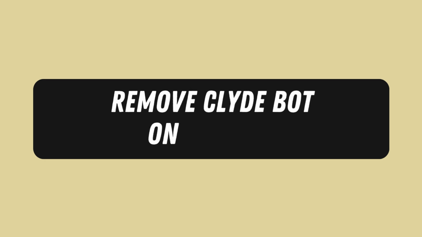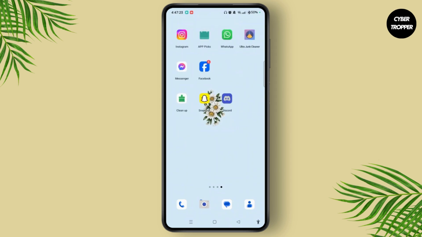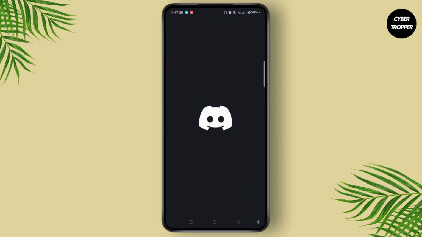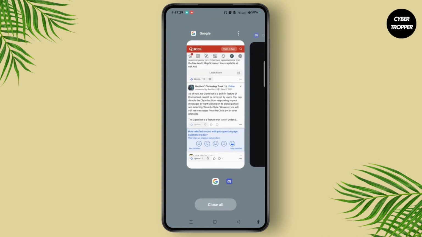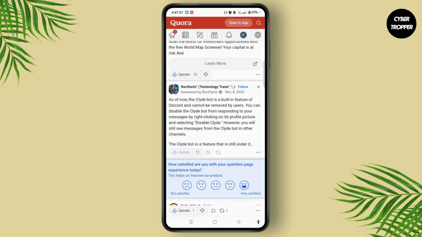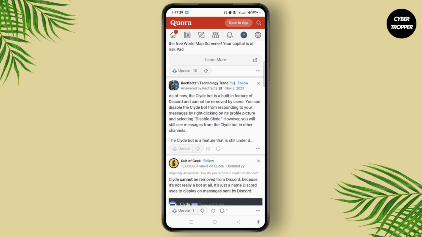How to remove Clyde bot on Discord. Firstly, you need to open Discord on your device. But before that, let me inform you of one thing about removing Clyde bot on Discord. When I did research on removing Clyde bot on Discord, I got this result that as of now,